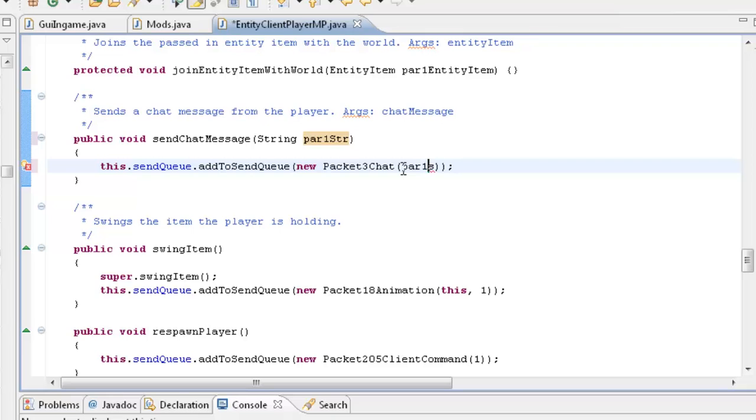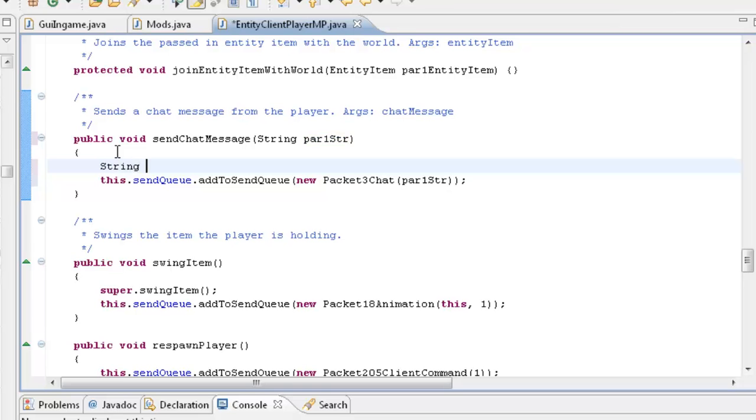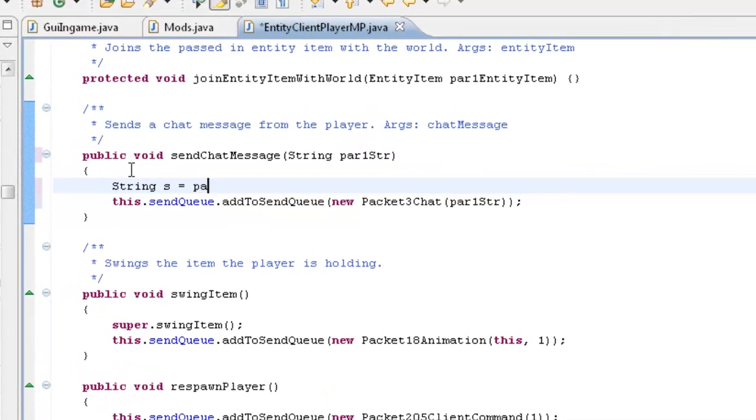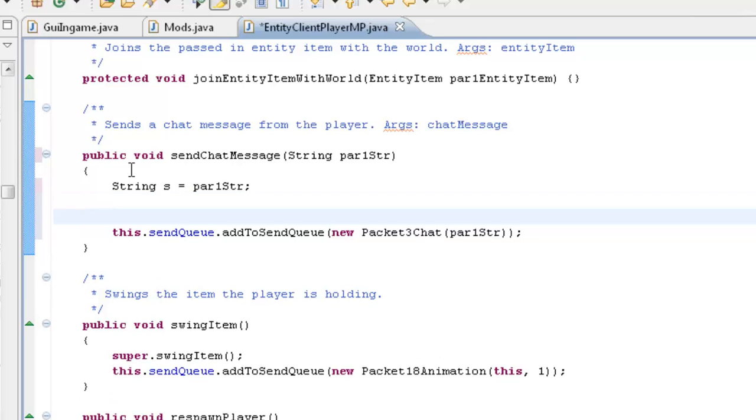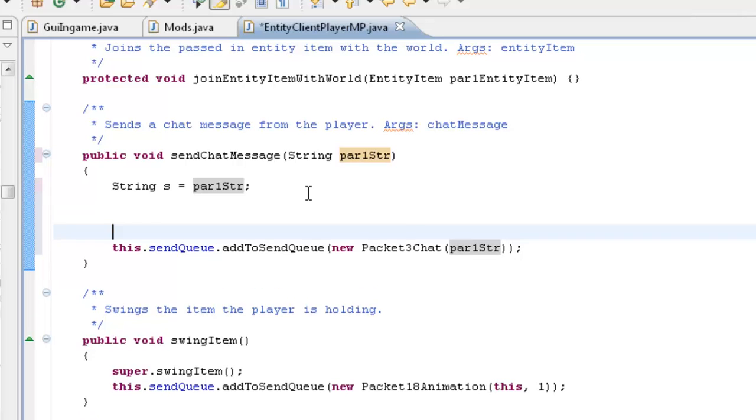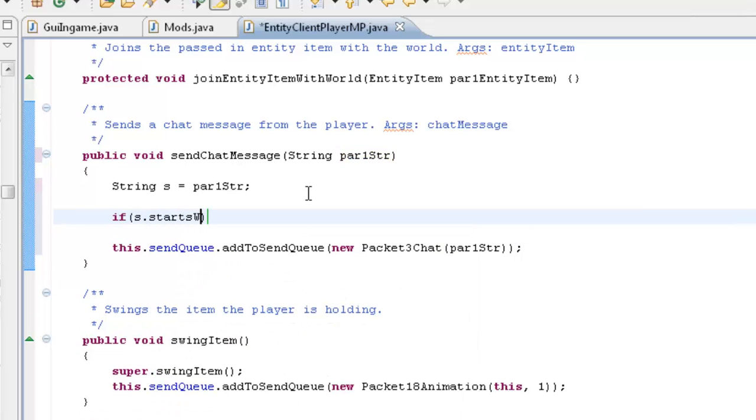I'll just change that back right now. But what we're going to do is say string S is equal to par1Str. This just shortens it down. Now what we want to do is basically do a couple of statements. We're going to say, if s.startsWith